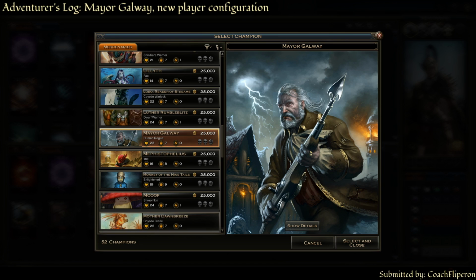My name is CoachFliperon and today we will be covering my submission, Mayor's Prison, for Mayor's Galway Mercenary. This Adventurer's Guide submission is for the new player category. As such, it only contains common and uncommon card rarities. The purpose of this configuration is to stabilize your position, prevent any aggression, and take over the game with flying